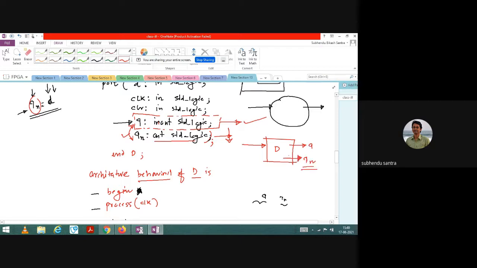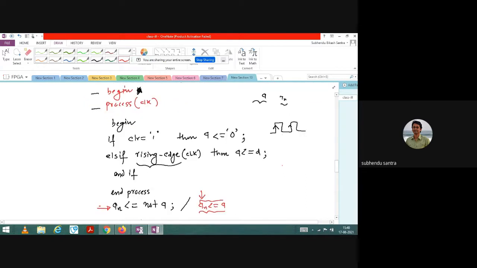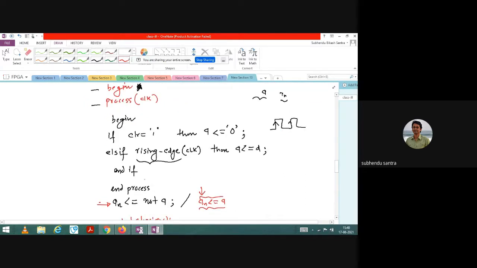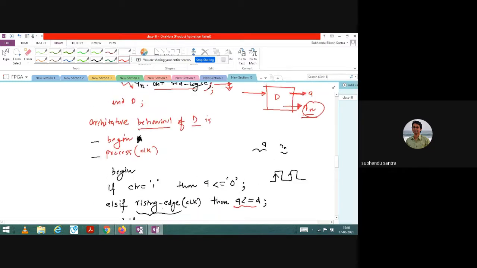This is definitely an input, and to hold the previous one I need to take input output. And that should be equal to not of that. So what I have written: clear, then rising edge of clock, Q is equal to D, and then end if. I think this is actually right.